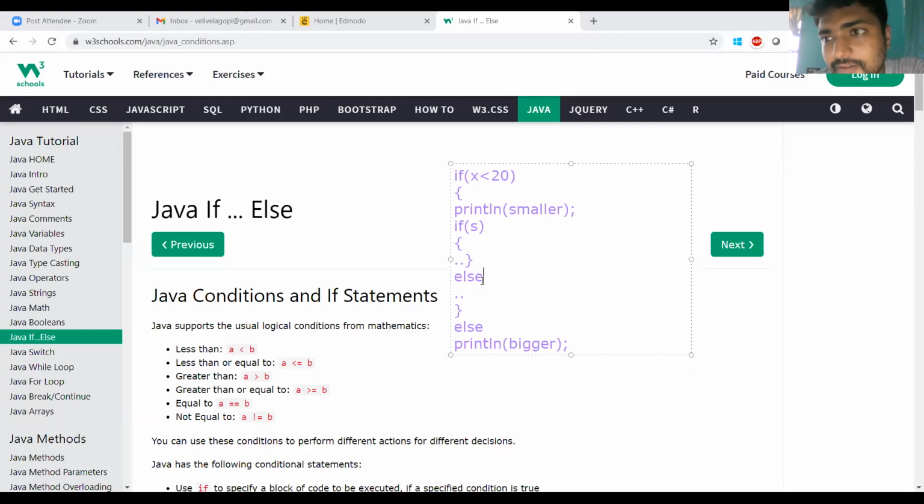In this latest version of Java, the else statement is not needed. Else is not required, optional. So we can have the nested if statements with the if block itself. We don't need else. That's why in the previous class example, we don't get the output. Some errors had occurred. When I try to compile in the latest version of Java, the program has compiled. So let us check this one.